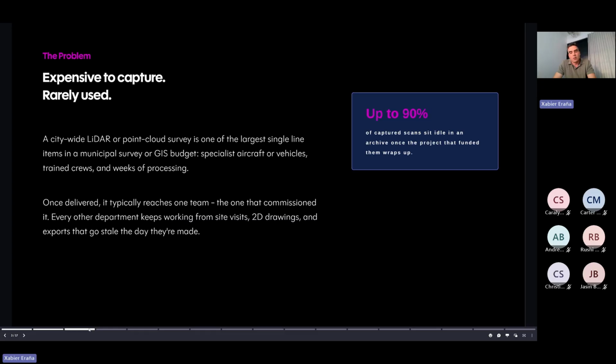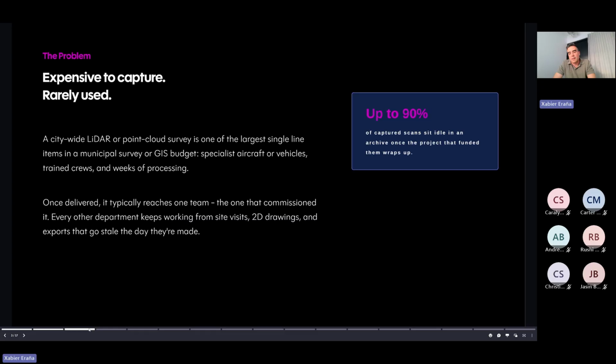Often you need to subcontract a lot of work, or perhaps hire a specialty aircraft or vehicle, train crews, and it also involves weeks of processing. And what most often happens is that once it is delivered, only one team or a limited number of teams really control and have access to the data.